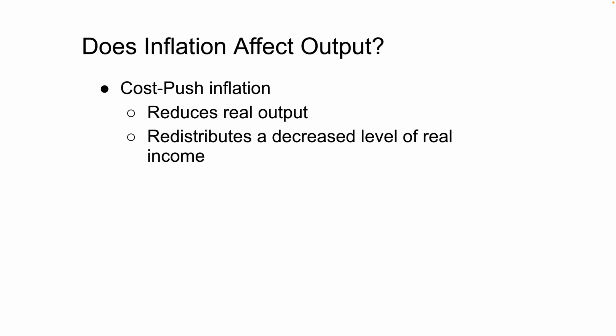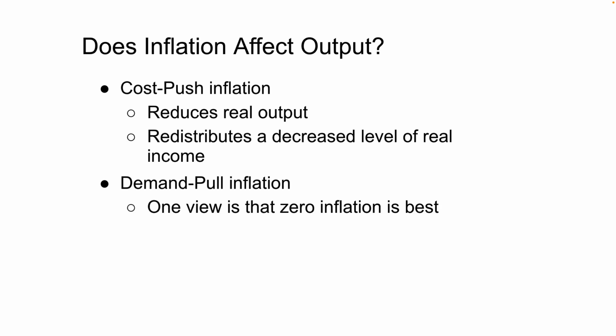The other thing to think about is, we said that inflation basically is redistributing income. Well, when we have cost push inflation, it's going to be redistributing a smaller amount, a decreased level of real income. With demand pull inflation, we don't really tend to think a whole lot about the effect on output. Instead, we tend to think about, okay,